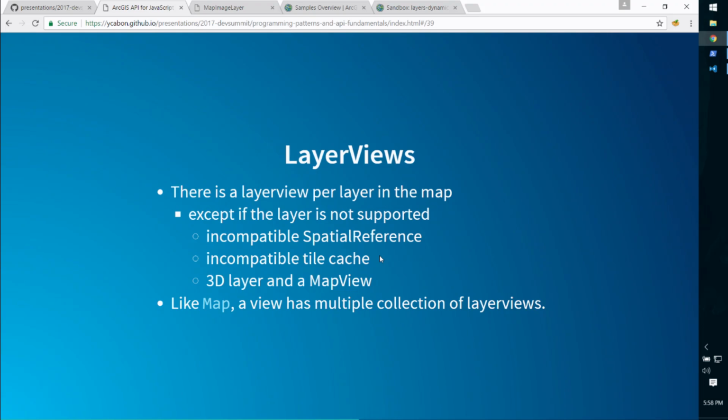Sometimes, for example, if you try to render a scene view with a map view, if you have a map that has an elevation layer, we can't draw the elevation in 2D, so there won't be an elevation layer view for it. So you will always have a layer view per layer in the map unless the layer view cannot be created, for example the layer does not support the spatial reference of the view, or the tile cache is not compatible. In the case of a scene view, you need to have a tile cache where each LOD, each level,